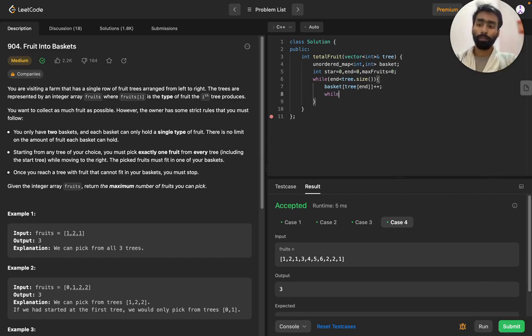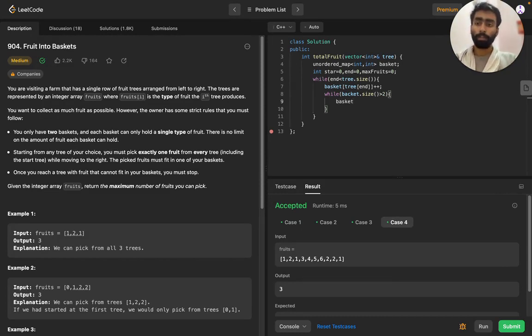So here again we will add the condition of basket. The basket size should always be less than 2. Sorry, not less than 2, it should be greater than 2.